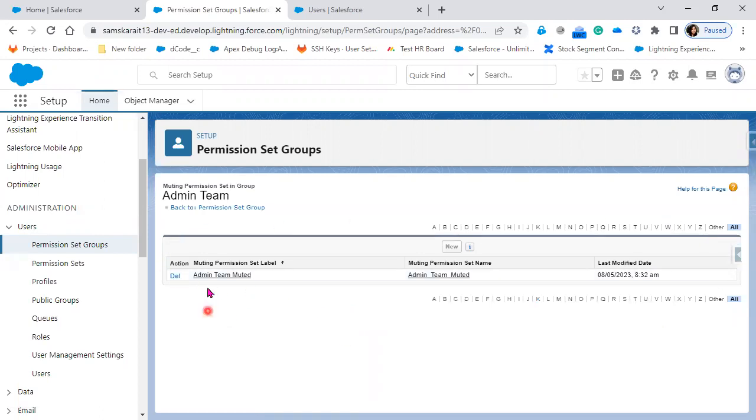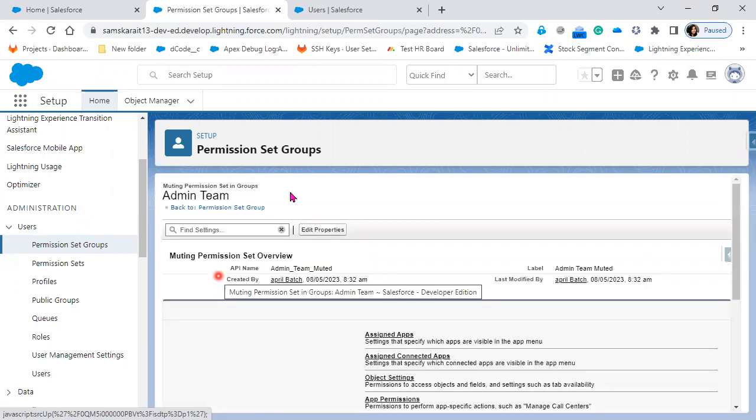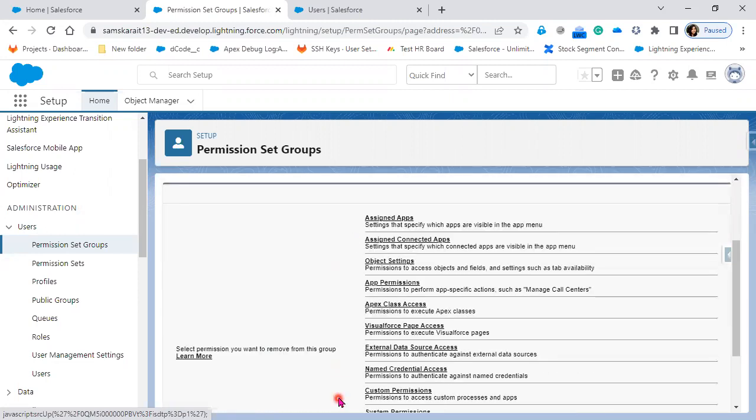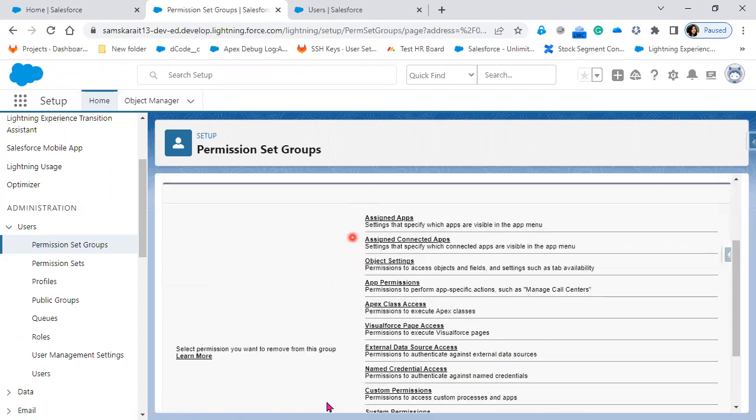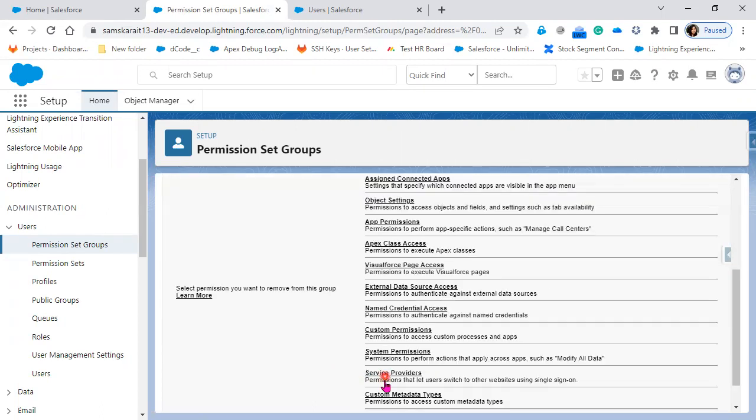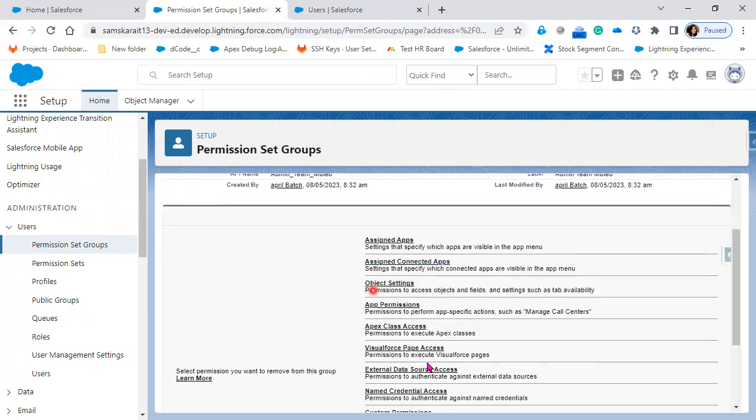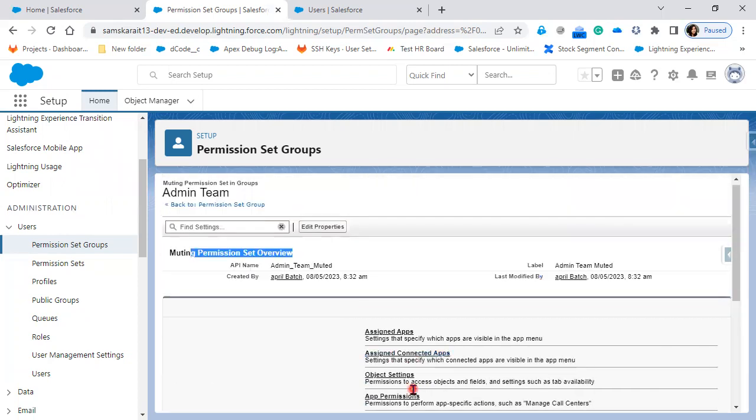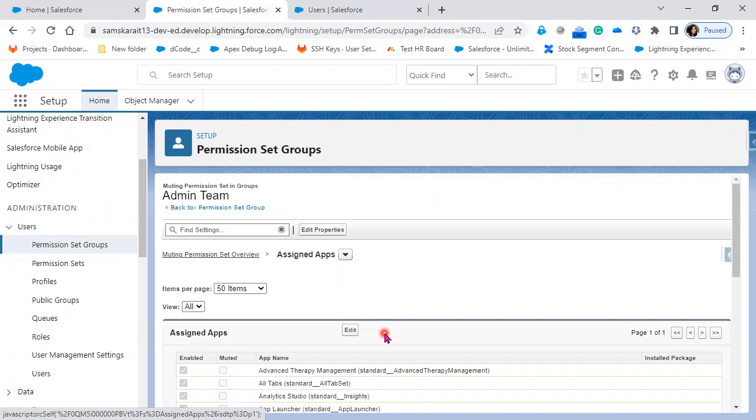now here like this, you will be able to see the muting permission set label. Click on the muting permission set. Now, the initial layout, whenever you land onto the muting permission set, is similar to the permission set. Whatever you can see here, like assigned apps, assigned connected apps, object settings, whatever options we have, everything is similar to the permission set. But when you click on it, whether it is an object or assigned apps, whatever the link, if you click on it, you will see additional